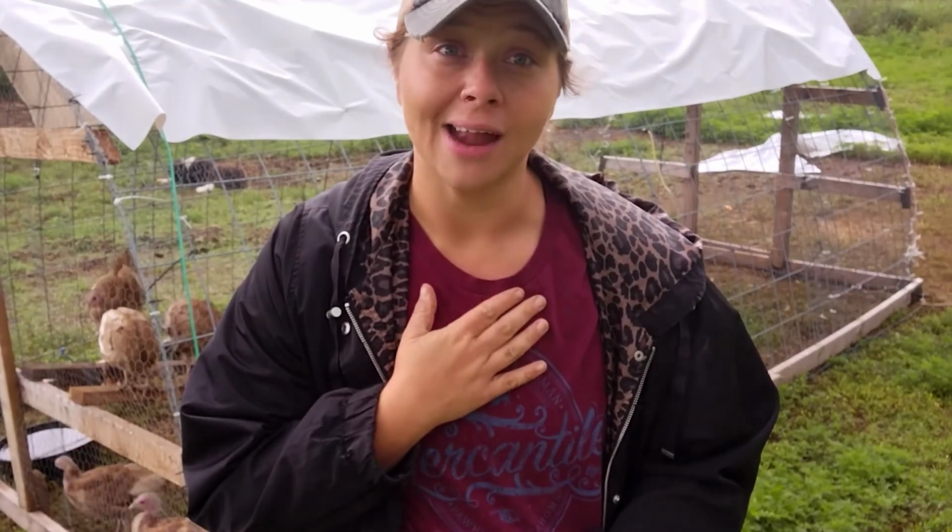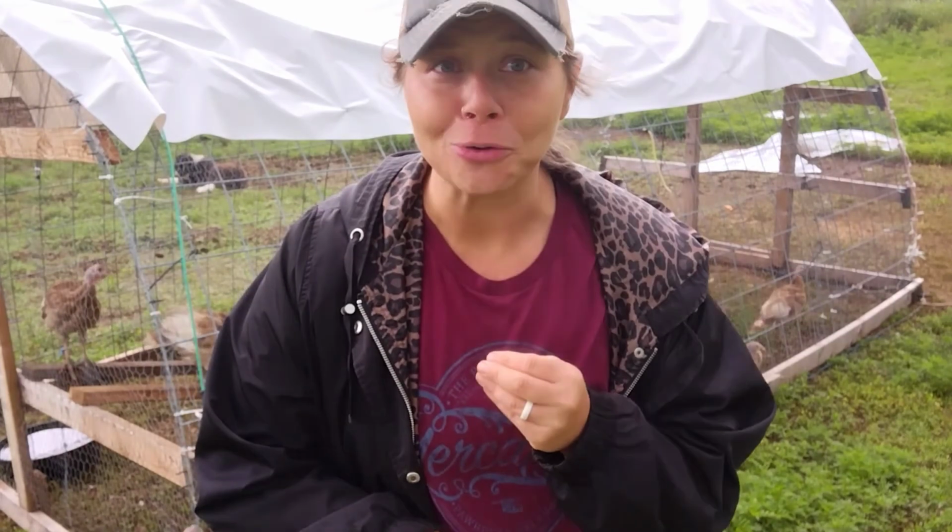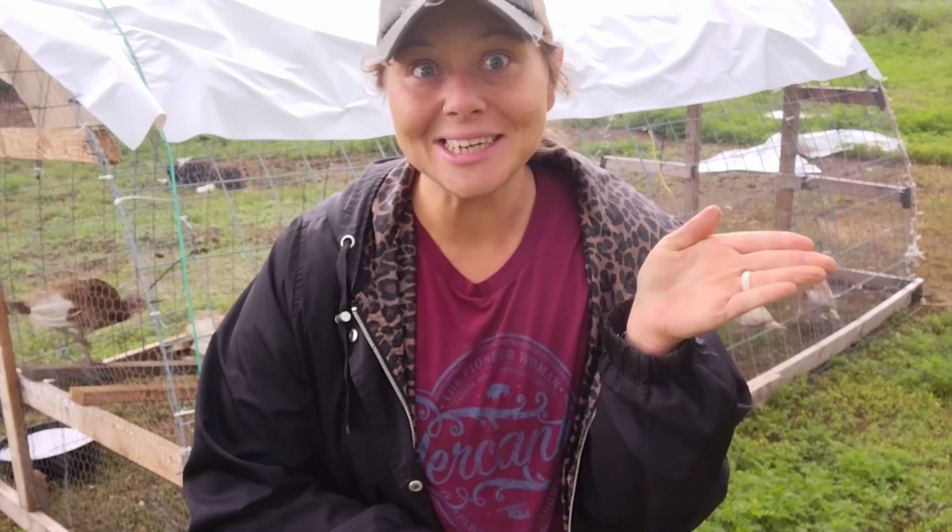If you cannot grow a garden to help offset your feed bill, the farmers market that I will be selling at later in the year actually accepts food stamps. So if you qualify for food stamps, definitely get on your phone that has every answer you need in the world in your hands, for the most part, and Google farmers markets that accept food stamps. Because